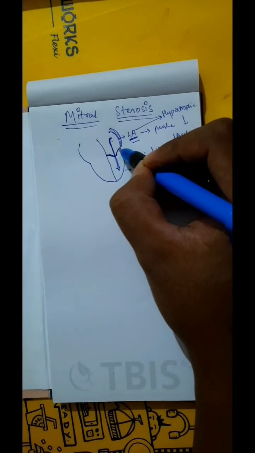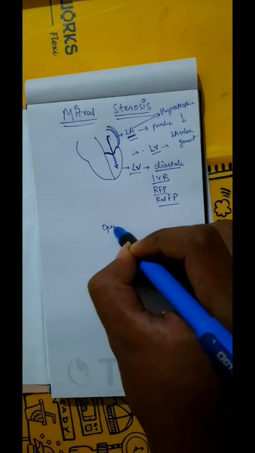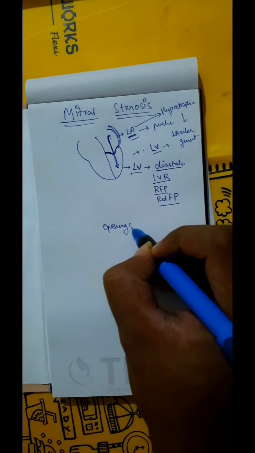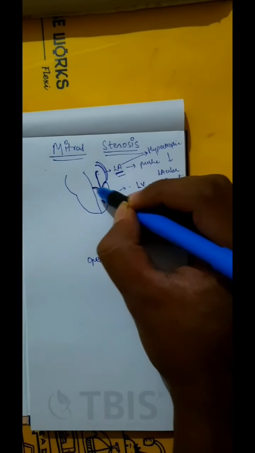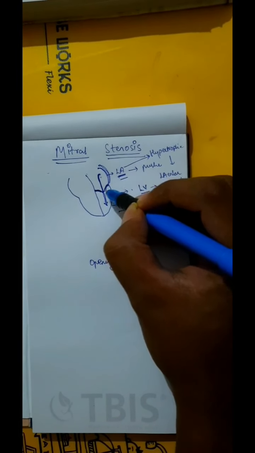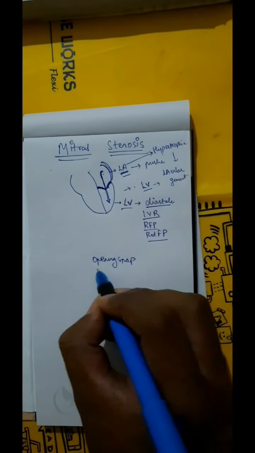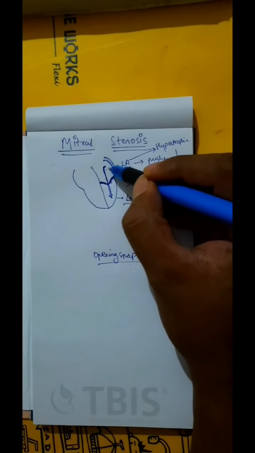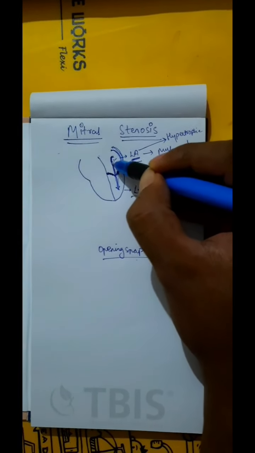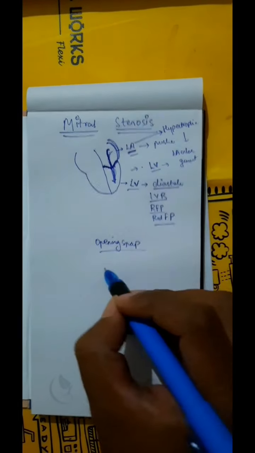Due to fusion at the leaflets and the abrupt halt in leaflet motion in diastole, after rapid opening there will be a sound called the opening snap. After this opening snap, when the blood is filling the left ventricle, because of stenosis,